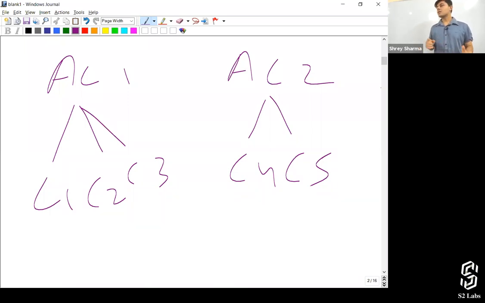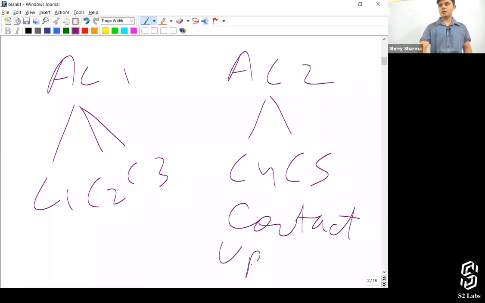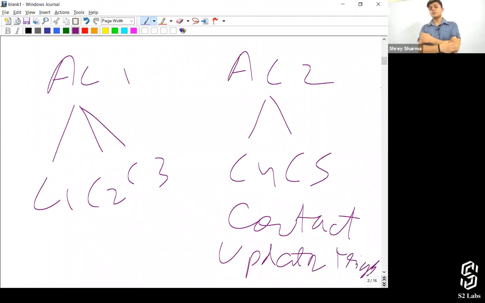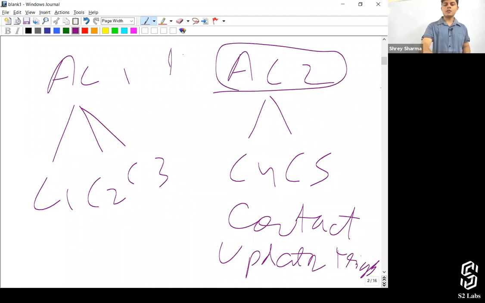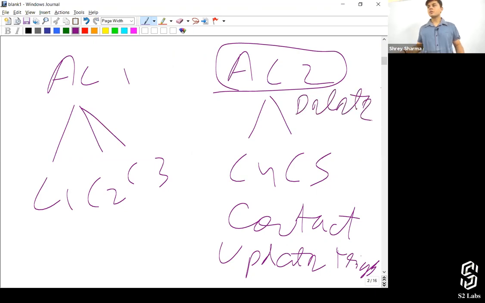For C1 and C4, contact object update triggers. And for this, it will be delete. Everyone, is it the same answer? Sure. Okay, it's not the correct one.